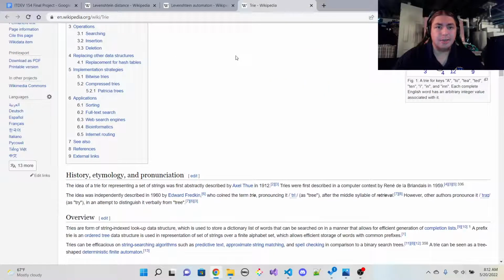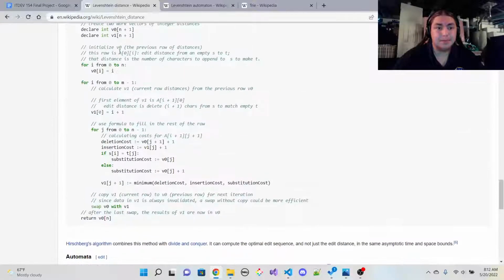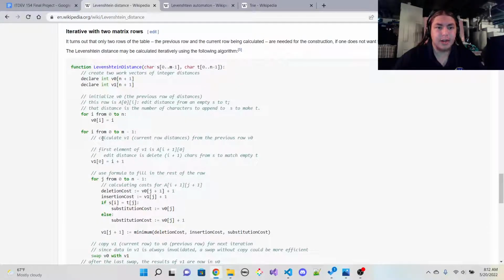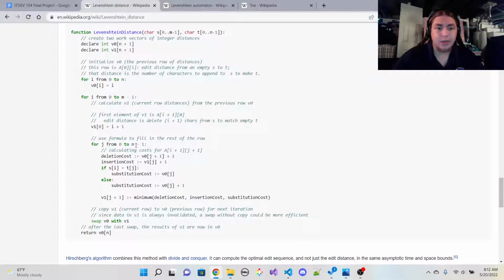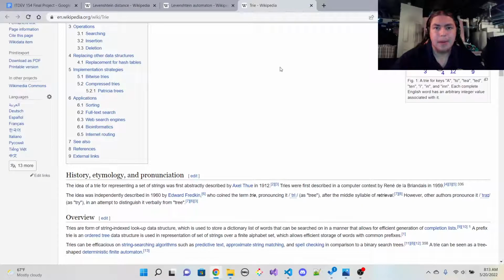I could use them to perhaps speed up this algorithm right here by combining traversal through all the nodes of a tree with the inner loop of this Levenshtein distance function. That way, for every prefix of every word in the dictionary, I only have to calculate up to that row of the matrix once. And by the way, a tree